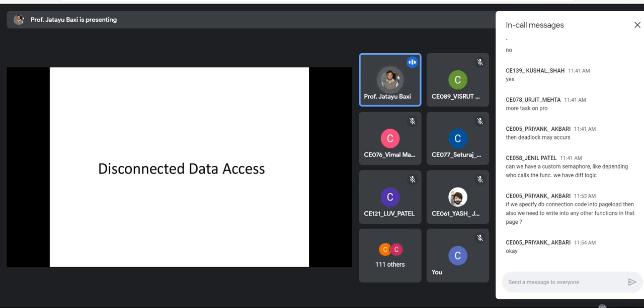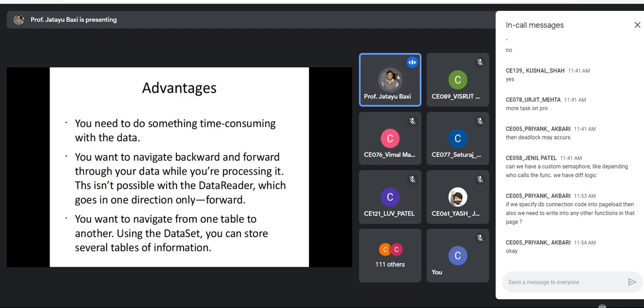The next approach is disconnected data access. Disconnected database access is preferred when you need to do something time consuming, or when you want to navigate backward and forward through your data while you are processing it.